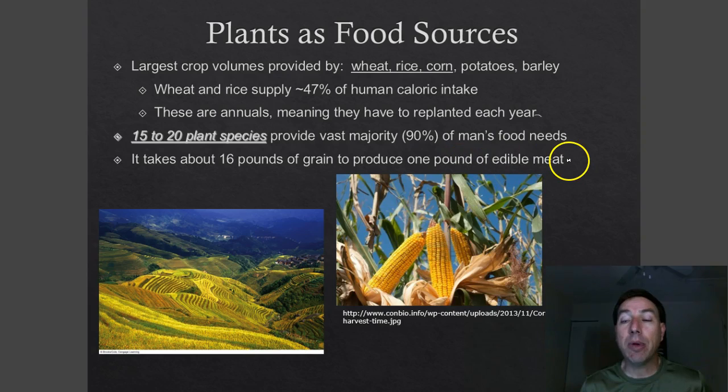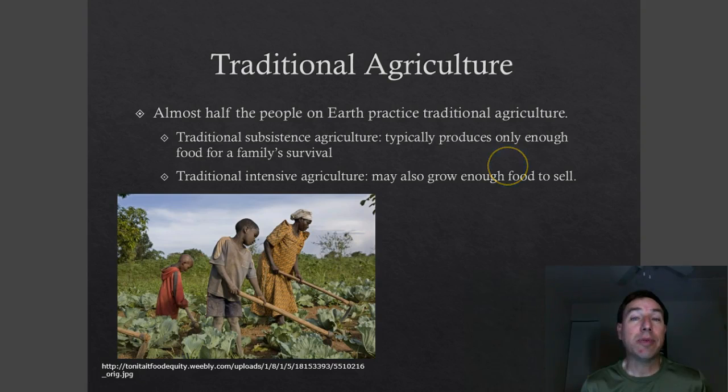Another thing is that here in the United States, we feed a lot of our livestock grains that we grow in our country. Unfortunately, the grain is kind of wasted. If you remember the rule of 10, when we feed those grains to the livestock, 90% of the energy or the calories locked up in that grain is wasted. Only 10% of those calories are transferred to the meat. This is why 16 pounds of grain only produce 1 pound of edible meat, and that's not very efficient. And so we're wasting a lot of time planting wheat, rice, and corn for animals that we're going to eat later.